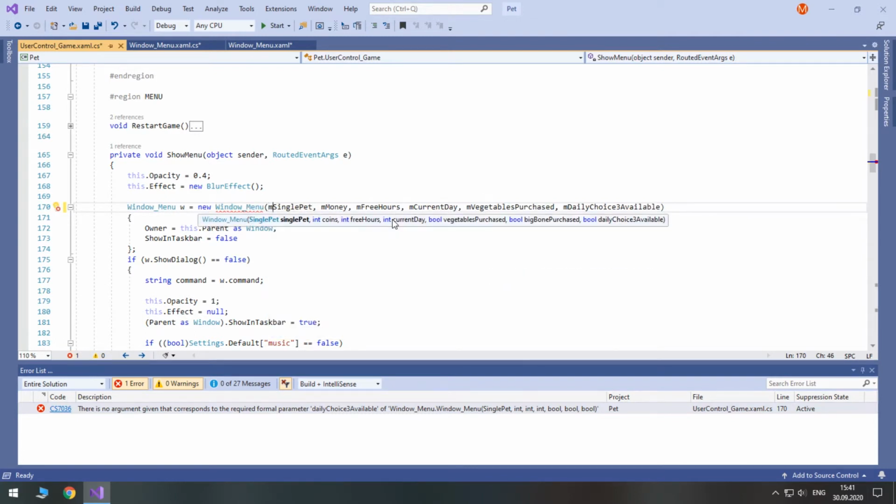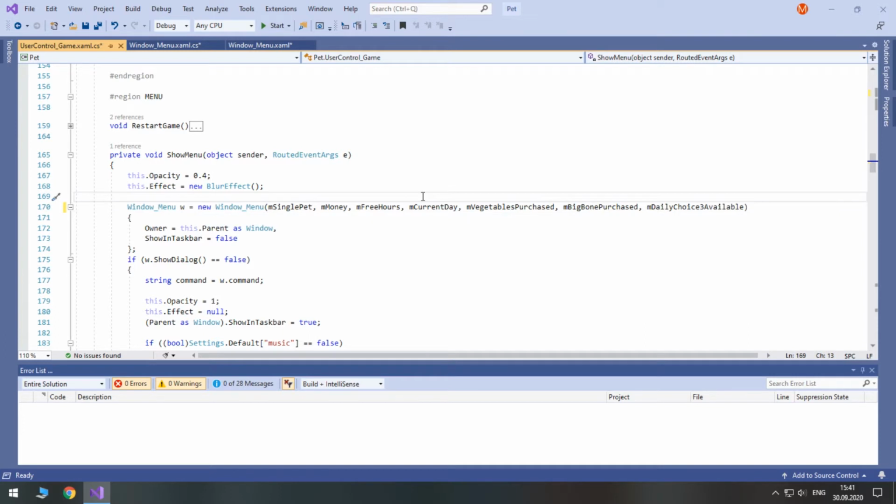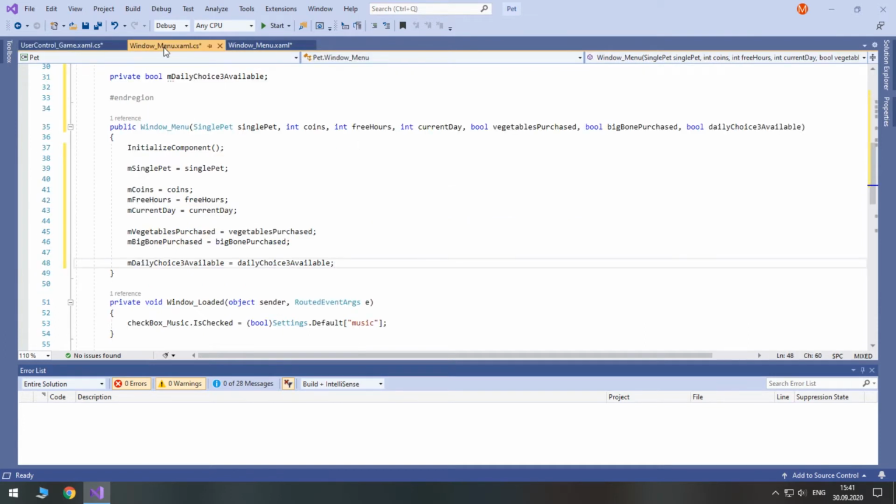So single pet, coins, free hours, current day, vegetables. Oh, also big bone. So big bone purchased. Okay. Now let's get back to window menu XAML.cs.